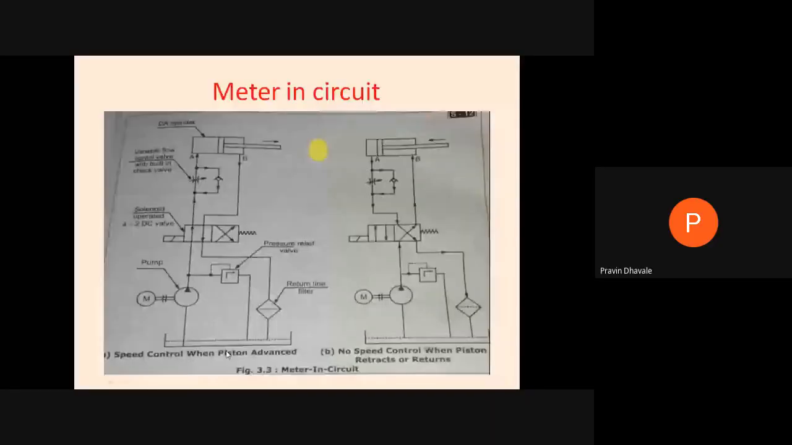At that time only speed control is to be carried out. During the return stroke of the piston, there will be no speed control because the speed variable flow control valve will be inactive approximately. Whatever the fluid from port A, it will be passing